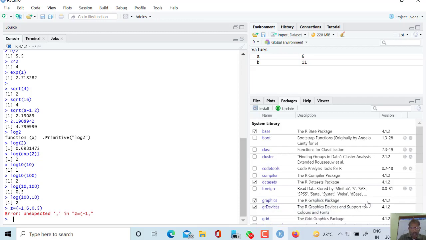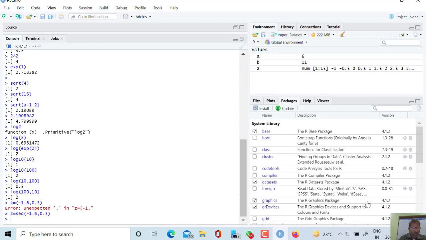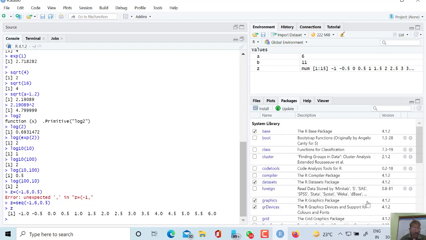I should have written the sequence function here. I forgot to write seq. Okay. Let us check what the value of z is. As we expect, every value from -1 to 6 with interval 0.5. So -1.0, -0.5, 0. So every value has been displayed here.